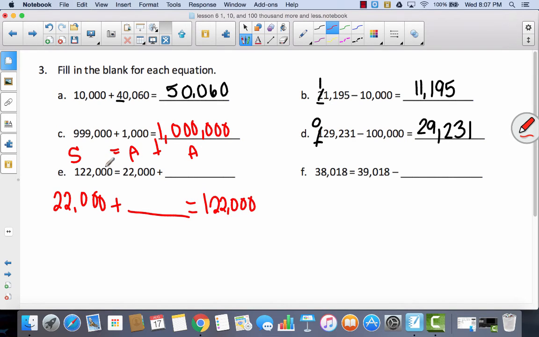They just wrote the sum first. What did they add here? What changed? Well, all of the last 5 digits are the same. But in this number, we had no 100,000s, and in this number, we have 100,000. So they added